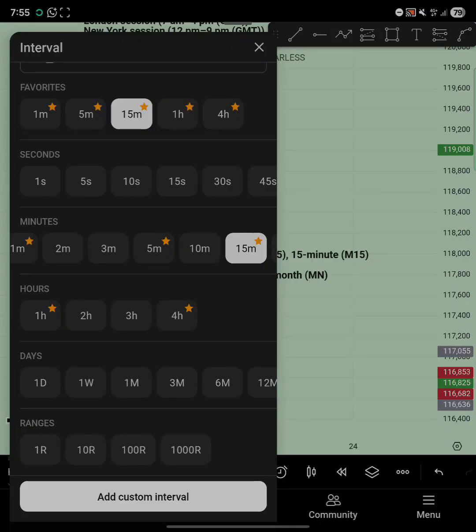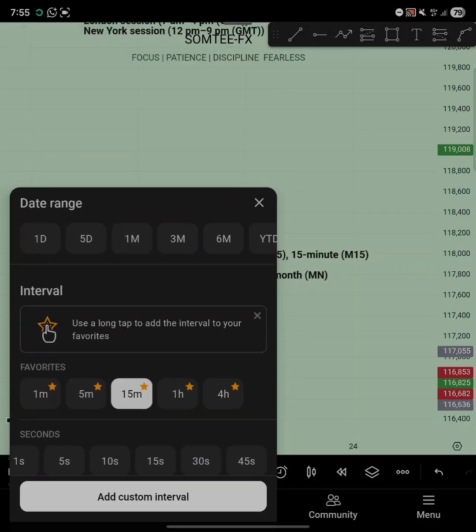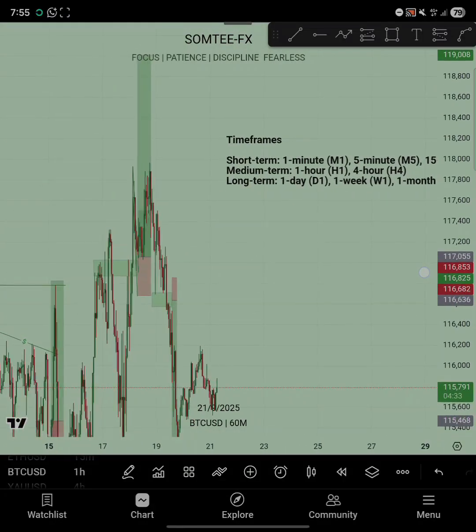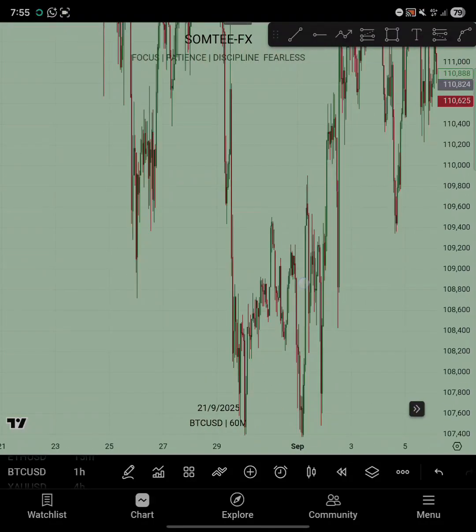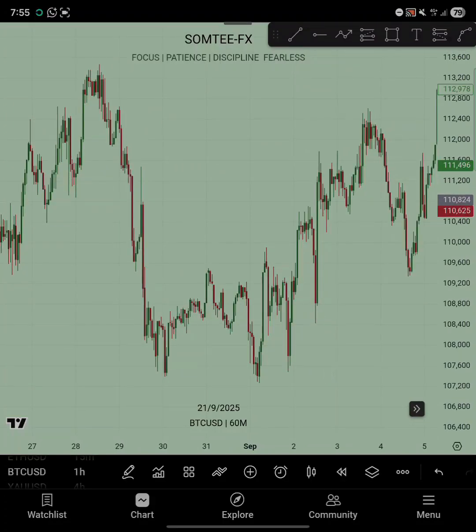So here now there are days, there are 1 week, 1 month, 3 months, 6 months, 12 months, and others. So everything varies. People like years and seconds. I don't think anybody does that, but that's for them. So this particular time frame, let me change it to 1 hour time frame. See, this is 1 hour time frame. Let me use the chart as an example. It's just the chart. It will be giving you a different scenario, different direction, different move for you to be able to analyze your forex market in a very good way.